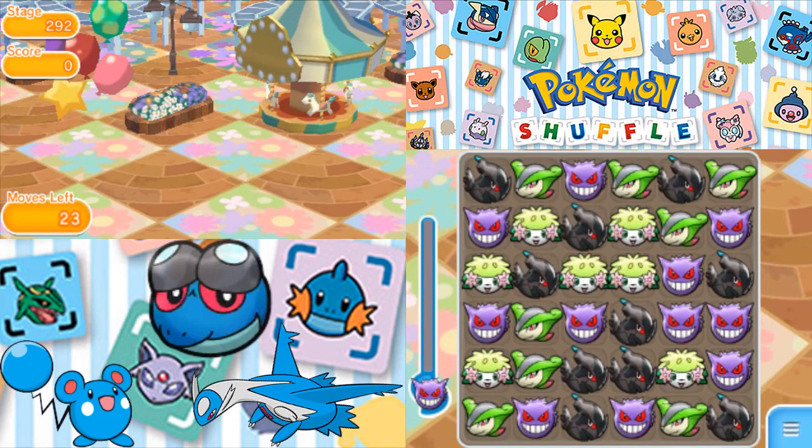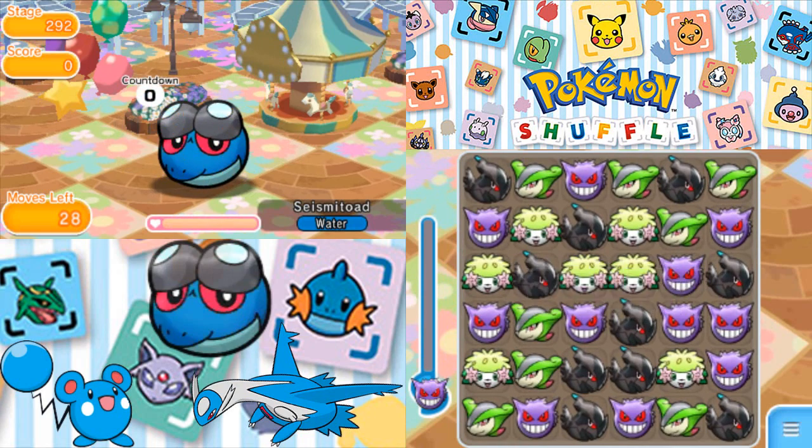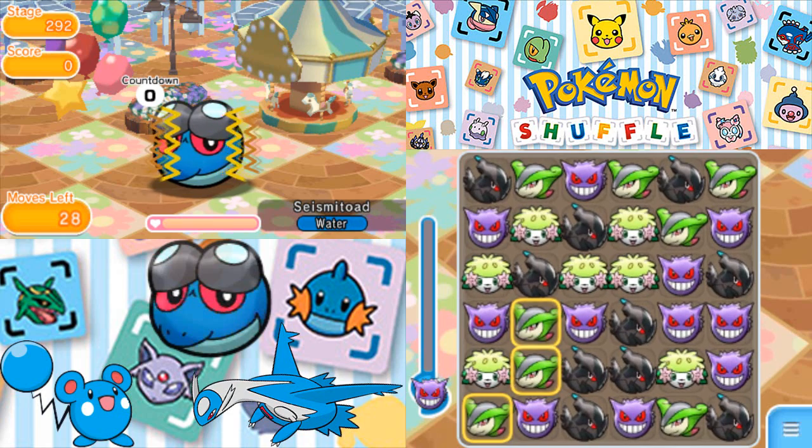23 moves it gives us. We have to do this within 12, although we get 5 extra. So we have to do this within 17 moves. So, let's go. I want to get the Mega Evolution off as soon as we possibly can. But at the same time, I also want to get a bunch of combos. So,